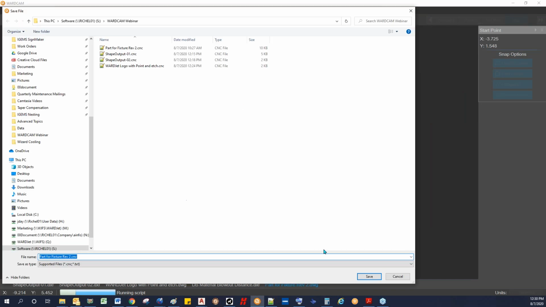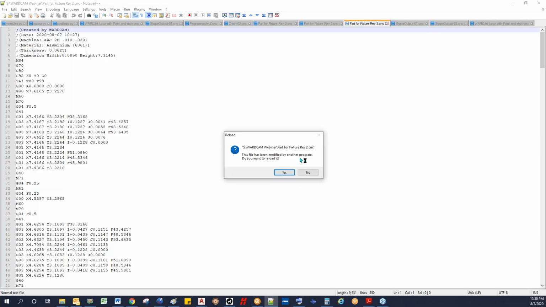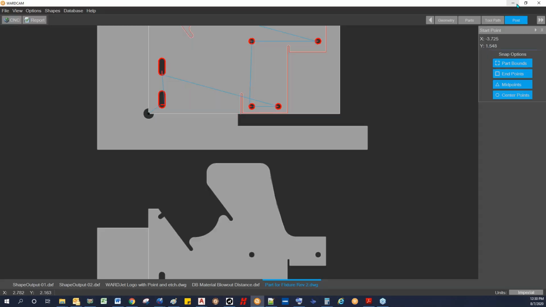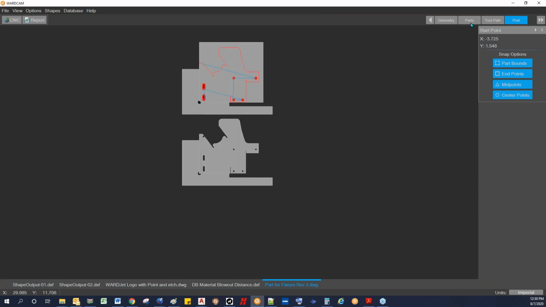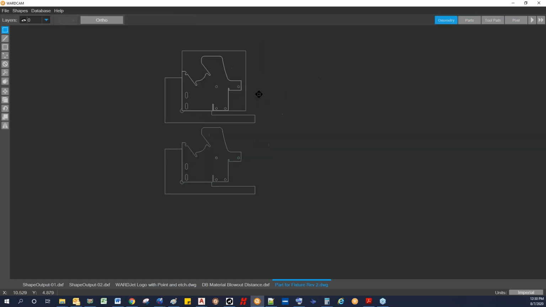So that's one way of doing it. It takes a little bit of CAD work as far as doing the offsetting of the lines. Another way to do it is actually to, let me just go back to my geometry area here,